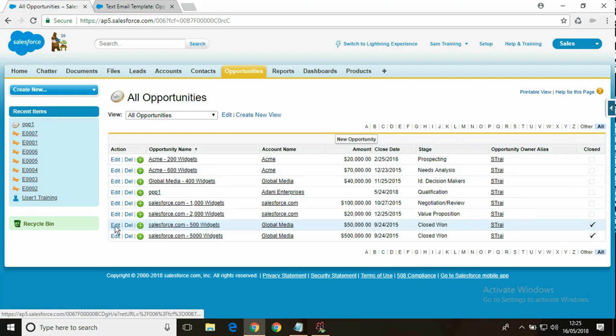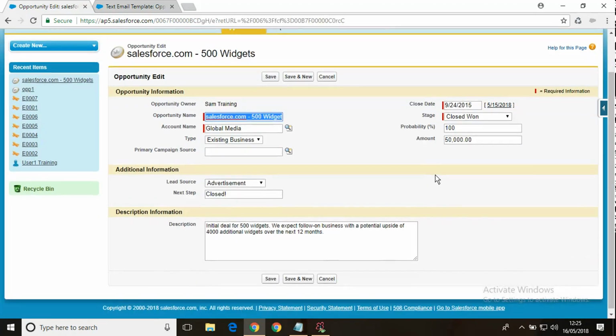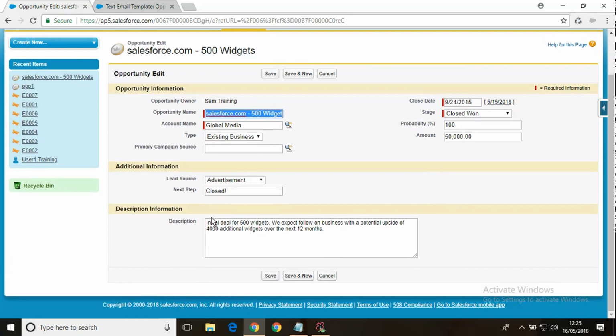Okay, so if I edit it, and right now I don't have that closed record available, so let it be closed now. And if I modify something, let's say I modified probability, and I save that. So for this record, will the mail be scheduled? Of course not, because it is closed.